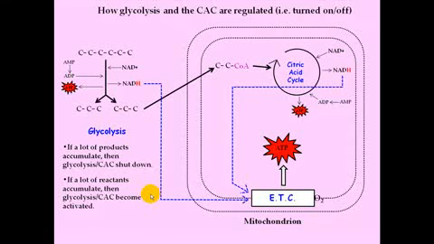So what we'll do next is take a look at specific steps during this whole process that can be turned on or turned off depending on whether the cell needs more ATP or needs less ATP. So the first spot that we'll take a look at, it turns out that one of the first few steps during glycolysis can be turned on or off depending on whether the cell has a lot or a little of ATP lying around. And so here's the specific step during glycolysis that can be regulated, that can be shut